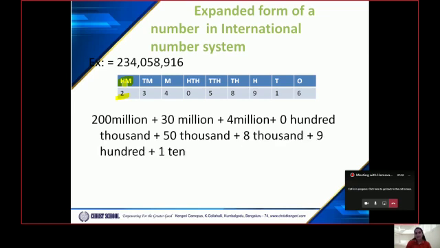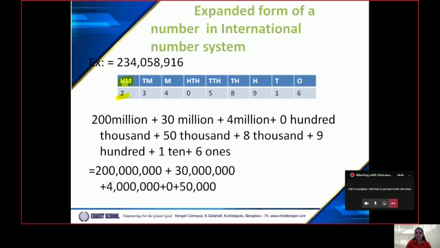Another way of writing this in expanded form is just writing the numerals and inserting the commas as well. So you will get it like this. Same thing, you count the number of digits. How many are there here? 3, 6, 7, 8. Do check it here. Do we have 3, 6, 7 and 8? Yes, correct. And after 3, how many digits do we have? 3, 6 and 7. So do we have 7 zeros here? 3, 6, 7. Yes, right. So it is applicable for all the numbers. I hope everybody is clear with this.